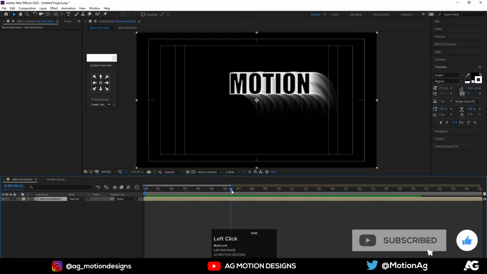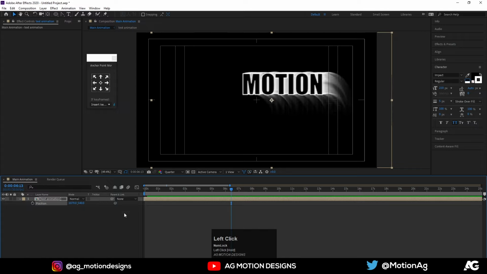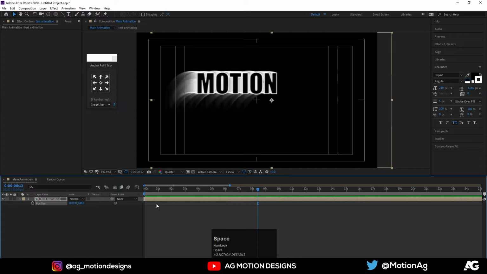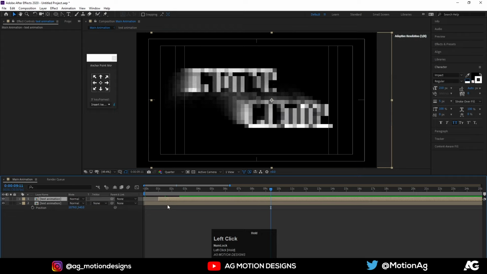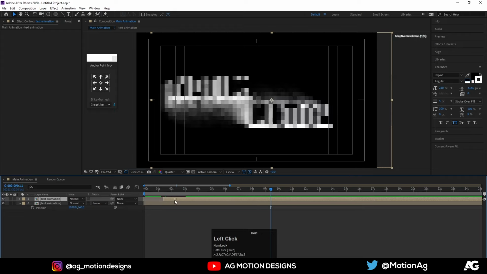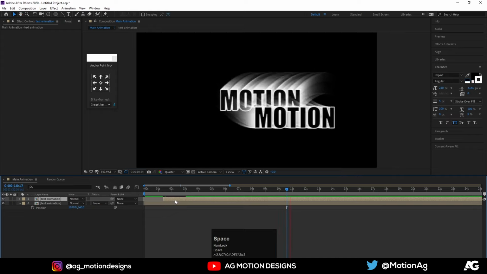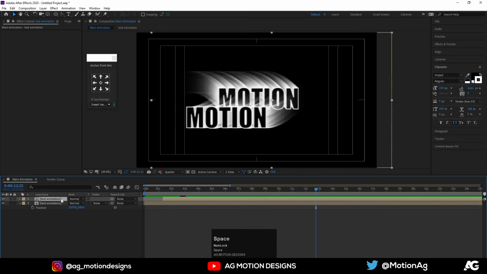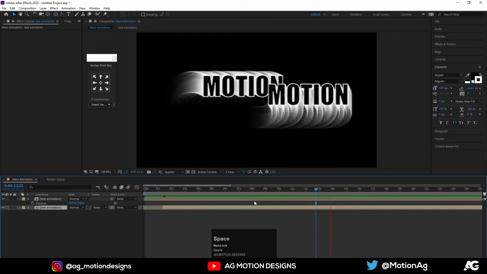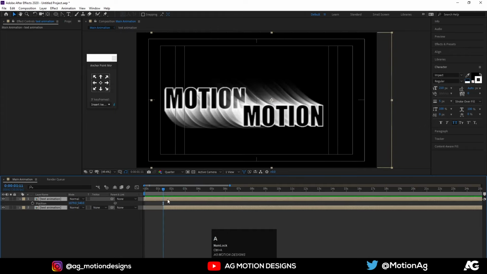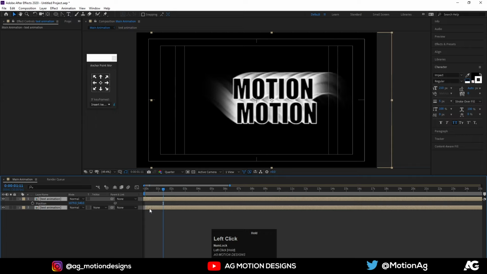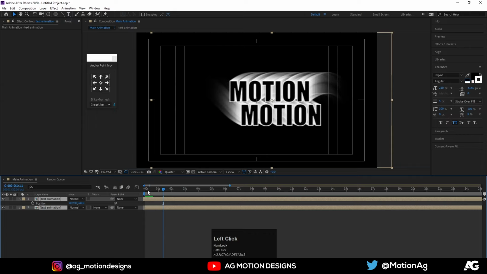As we can see, this is not properly at the center, so I'll adjust the position a little bit, just like so. Now what I'll do is hit Ctrl D to duplicate it. I'll just drag this way. We can change this. Now again select both of them and adjust this like that.